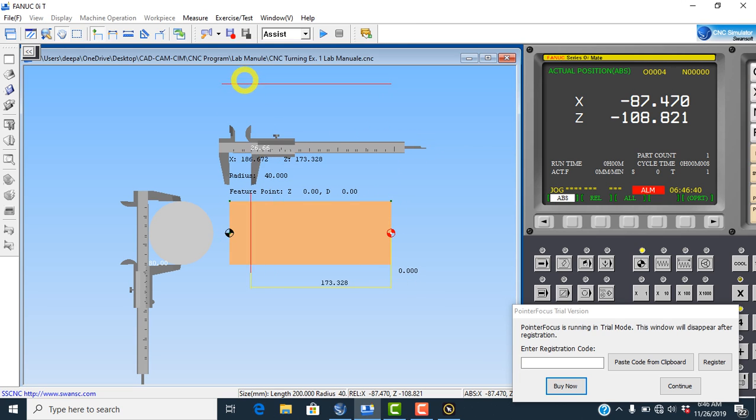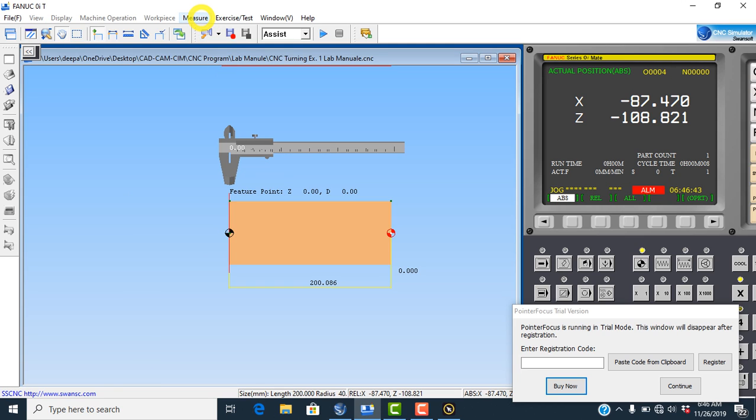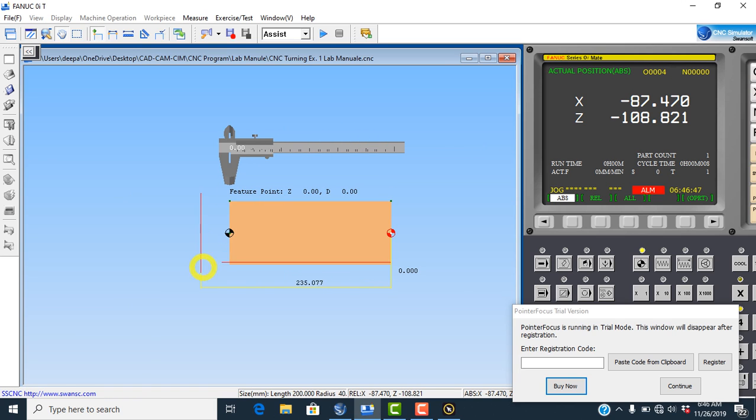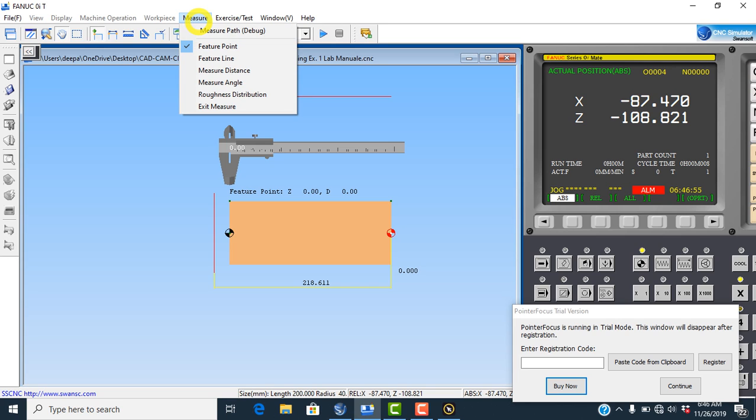So from that you can measure the workpiece, and you can measure the job after the machining operation or after the simulation also. Okay, so now we will switch the window, exit the machine. Now there is some more important thing also there, like